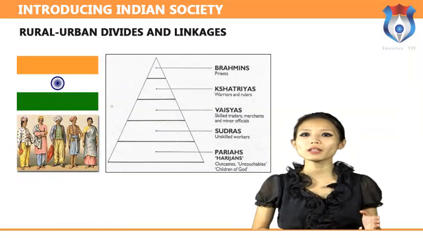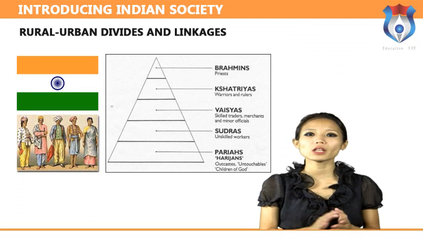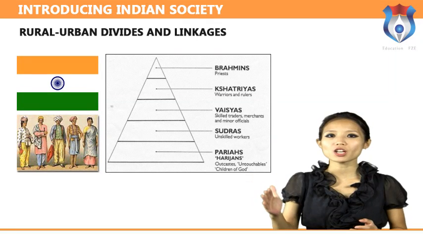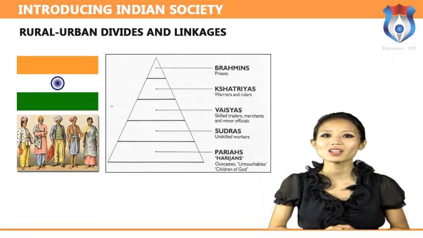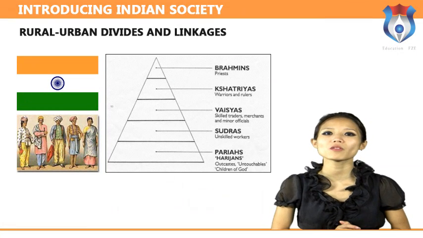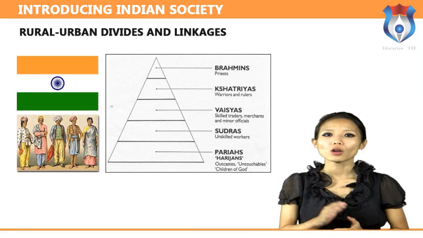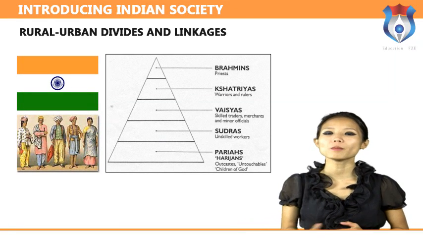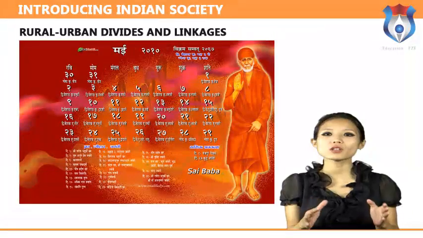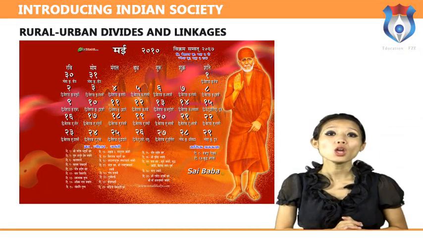This relation of Jajmani ties was supposed to bind various caste families into a hereditary and permanent relationship. Land-owning Jajmans came from upper castes like Brahmins, Rajputs, Patels, Patnaiks, Marathas, Reddis, Lingayats, Nayars, etc. While the service provider castes came from middle and lower level castes like Nai, Kumhar, Lohar, Sonar, Barhi, Tamoli, Dhobi, etc. Calendar. In most villages, people organize their time according to traditional Indian calendars which are intimately linked with their